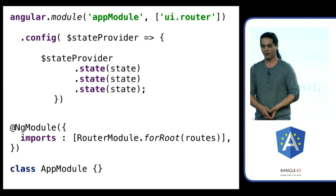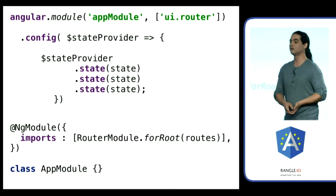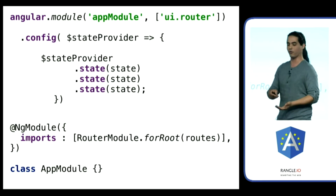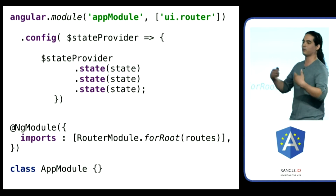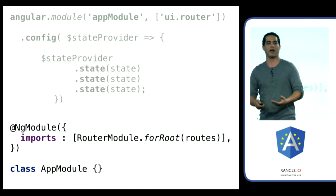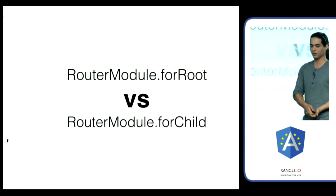So I think this is better. In Angular 2, we just create a module, and we ask for the router module by calling the forRoot method. We'll talk about it in a minute, and provide all the root configuration all at once. So basically, fewer lines of code to do exactly the same thing. Don't get too excited,